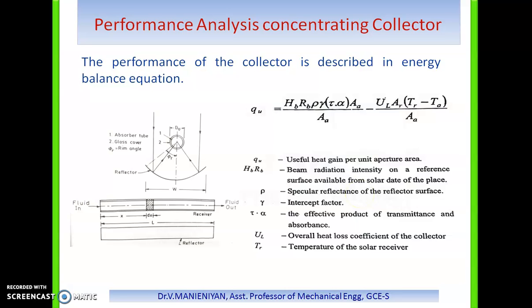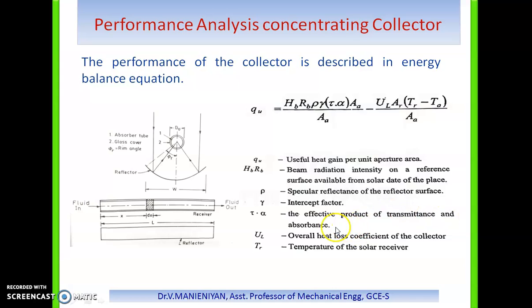So RB means the ratio of beam radiation on the reflector aperture. Whatever the reference surface HB is measured, HB and RB is the beam radiation on the plane or aperture per unit time per unit area. So that is HBRB, and rho is the specular reflectance of the reflector surface, and gamma is the intercept factor, the factor of the specular reflected radiation that is intercepted by the absorber, and tau alpha is nothing but the